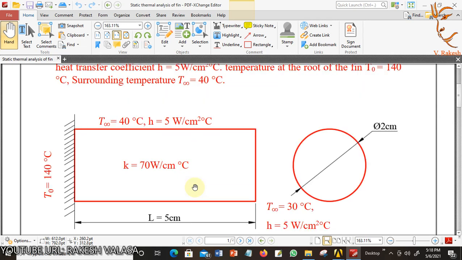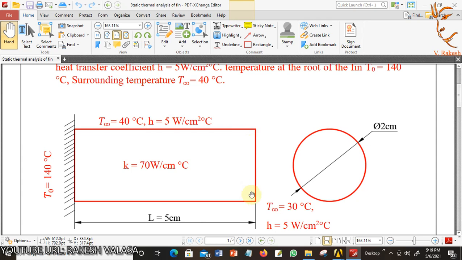Let us see the figure. The fin diameter is 2 centimeter. The length of the fin is 5 centimeter. Root temperature is 140 degrees centigrade. The lateral surface temperature is 40 degrees centigrade. Heat transfer coefficient is 5 watt per centimeter square degree centigrade.